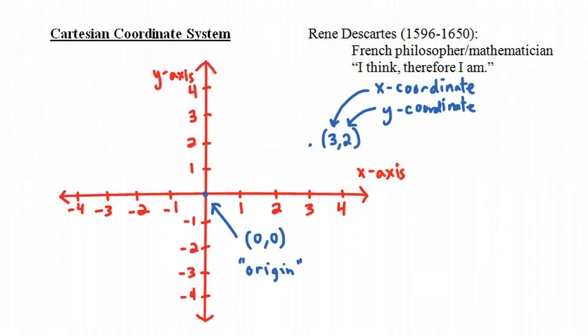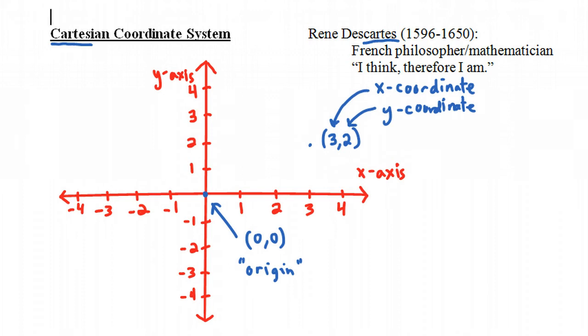In this video, we're going to talk about the Cartesian coordinate system. Now, this is named after a French philosopher named René Descartes. In fact, you can see in the word Cartesian, the word carte, and also in the word Descartes, you see carte. Now, René Descartes was most famous for saying cogito ergo sum, which means I think, therefore I am. But he was also a mathematician, and he invented this coordinate system that now bears his name.